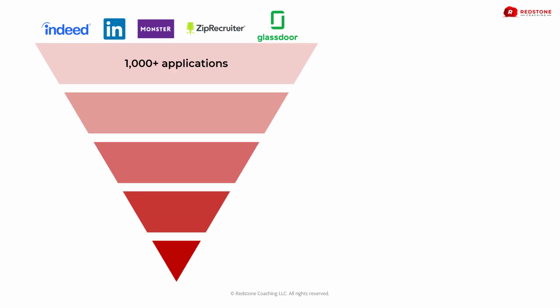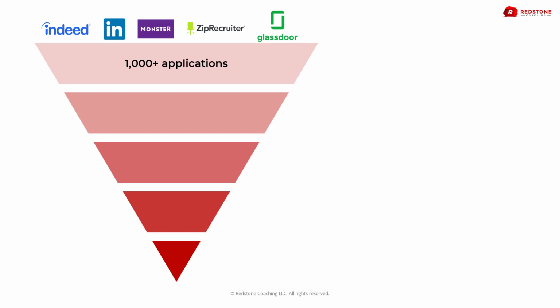Now, in terms of the funnel, here's how an applicant tracking system works. They set up the ATS, and then the ATS blasts out that post to multiple different job boards. You may be on LinkedIn and see an open position that says only 80 people have applied, or only 300 people. Okay, that's not too bad. Well, that's only LinkedIn. That same job post has been posted on multiple other job boards. So you're never just competing with that number of people. You're really competing with everybody who's applied across 5 or 10 different job boards.